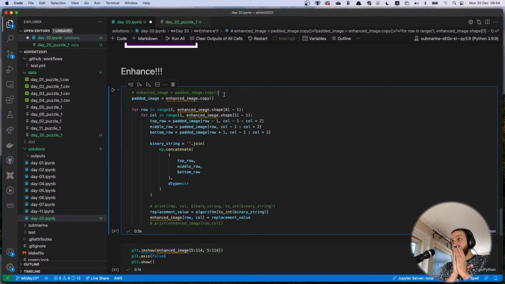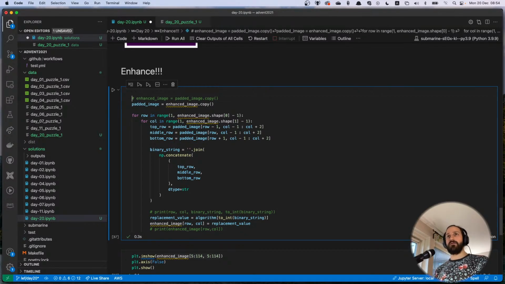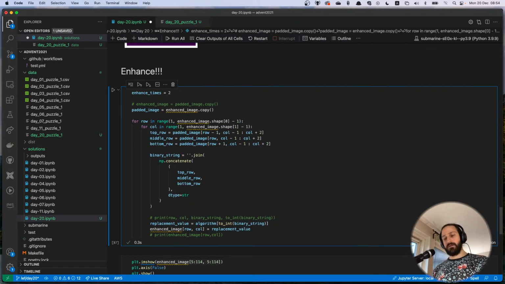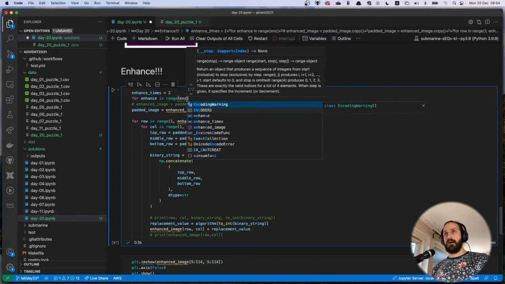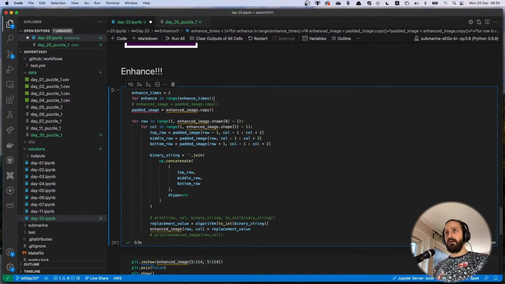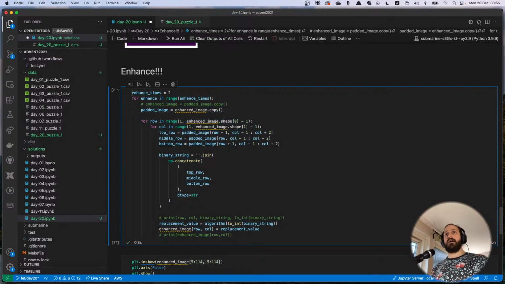Okay, my first meeting is at 9:15, so technically I could spend more time in the evening. Okay, so we need to loop, loops or like enhance times. So let's say now it's 2: for enhance in range enhance times. We want to run this and